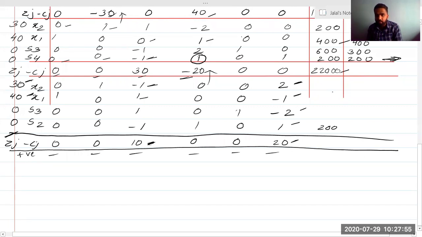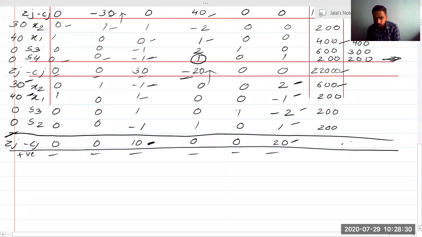But before stopping the iteration, we need to find this value. So how can we find this? Again, 200 into 1, 200 minus of minus plus. 200 into 2, 400. Okay, 200 plus 400, 600. 600 by 1 will be 600. Again, 400 minus 200, right? 200 by 1 will be 200. Okay. Next, 600 minus 400. I hope everyone is able to see. 600 into 1, 600 minus 200 into 2, 400. 600 minus 400 is 200. 200 by 1 is 200. So we can find all these values.